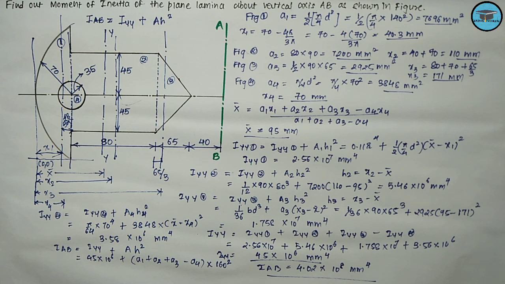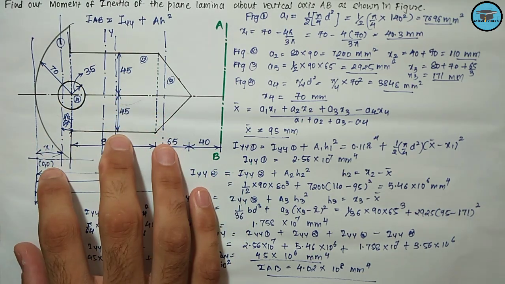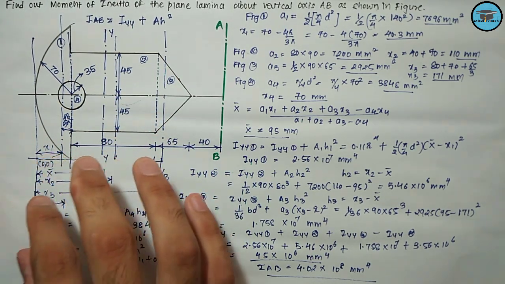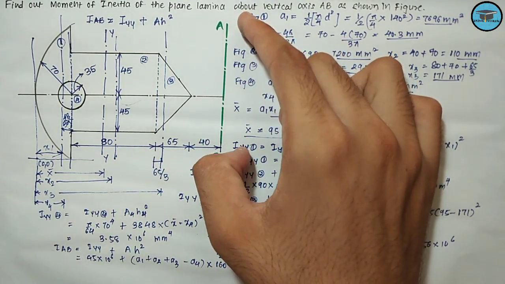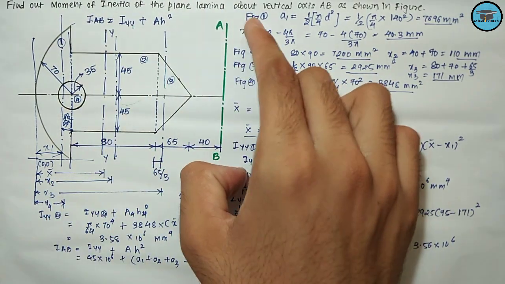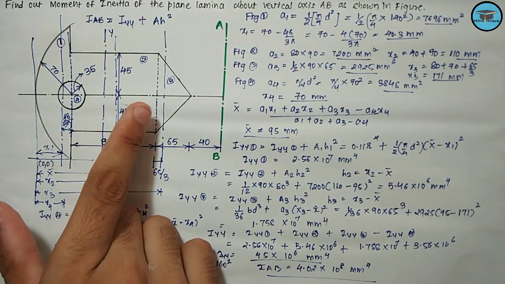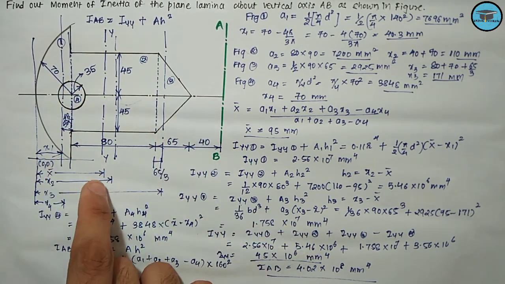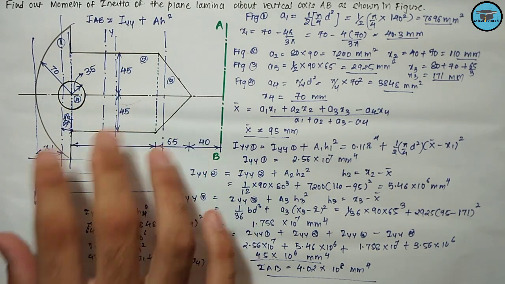So for solving such kind of problem, we need to remember those 4 steps. That is, first of all, we need to split the entire plane lamina into the standard figures whose moment of inertia and centroid we know, and then we need to draw the axis which is parallel to the axis about which the moment of inertia has to be determined. Here it was y axis, so we have drawn the axis parallel to this. Afterwards, locate the origin which is lying at the leftmost and the bottommost point in this case, and then locate the distance of the centroid from the origin for each figure.